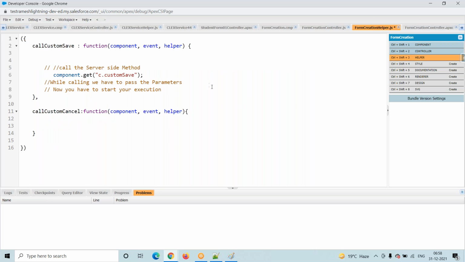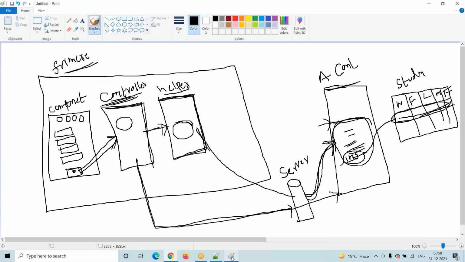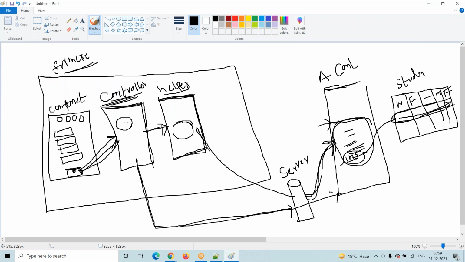Here you have to observe one common point. I'm using C, right? In the component level also we are using C. See, in the first item also I'm using C. How are we calling? Whenever you click on this button, how do we tell this button to go to the controller? I'm using C dot that method name, right? So here also I'm using C. So whenever we use C dot in the controller side or C dot in the helper side, the system checks these methods are available in the server side only. The system finds them only at the server side. Yes, it is calling a server side method.